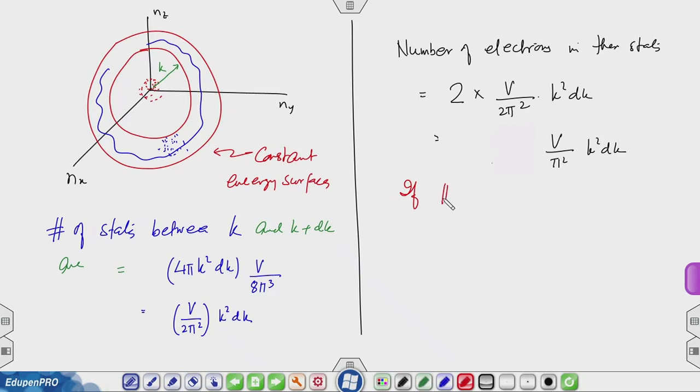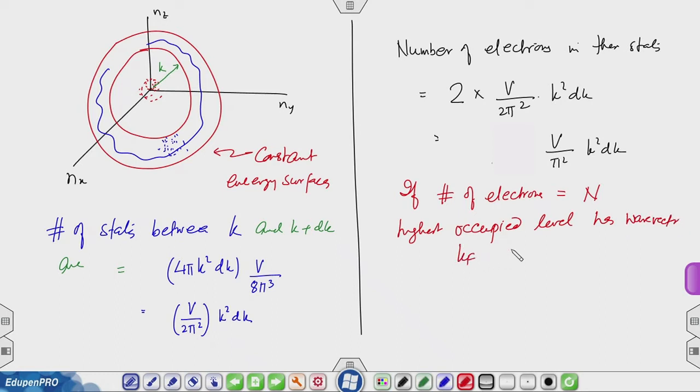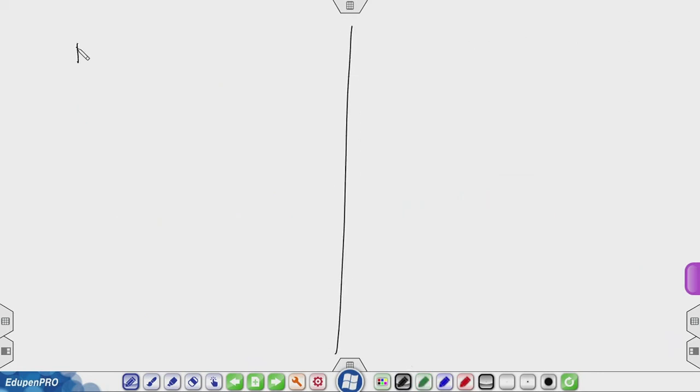If the number of electrons is equal to N and the highest occupied level has wave vector k f, which I call the Fermi wave vector, then I have N equals V over pi square integration k square dk from 0 to k f, which is equal to V over 3 pi square k f cubed. So, I get N equals V over 3 pi square k f cubed, or N over V, which is the